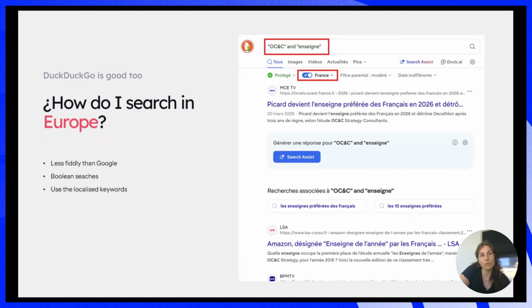But going on that, I will just pass it on to another tool that we use. Yeah, we like DuckDuckGo. It's actually a tip that's coming from one of our PRs, who doesn't speak a European language but has been able to earn coverage in those markets without knowing the language, by just using DuckDuckGo, because essentially you can change the country you're looking for. Obviously you're doing Boolean searches with localized keywords, but when you go into Google you can change the language and the region of Google. But it's a bit fiddly.